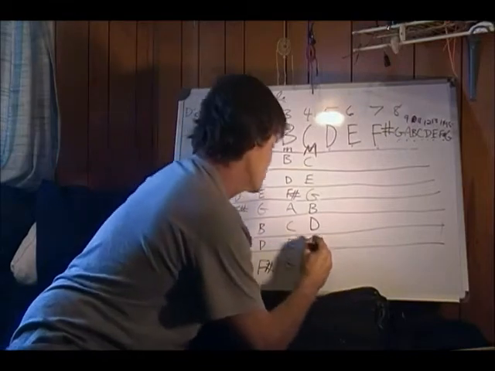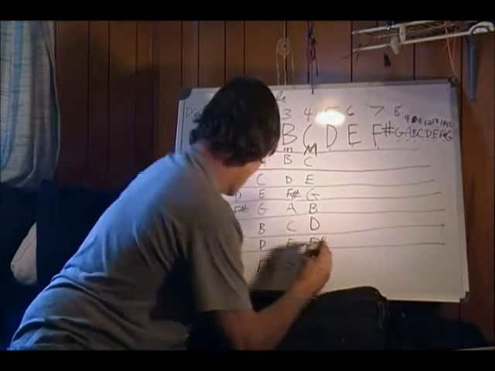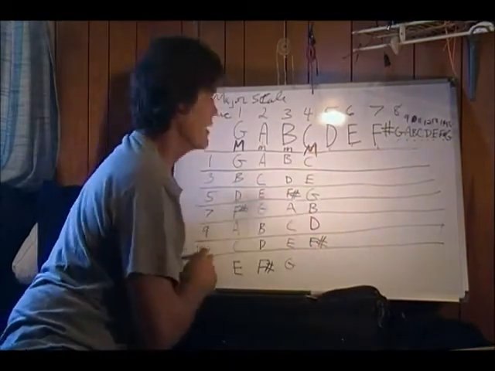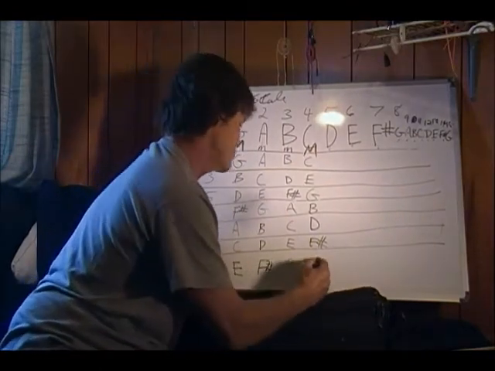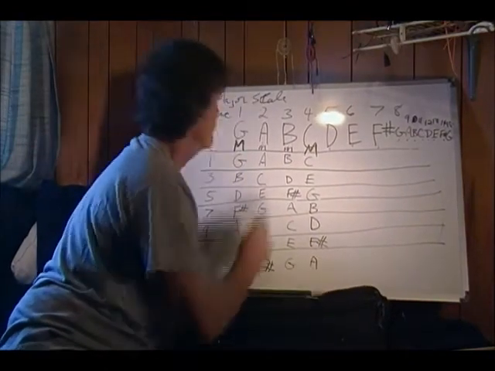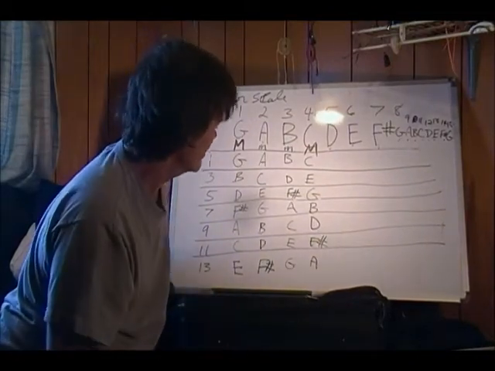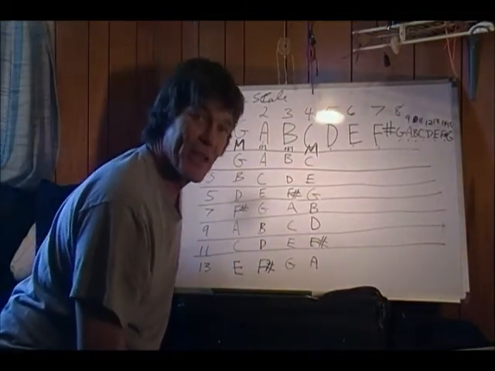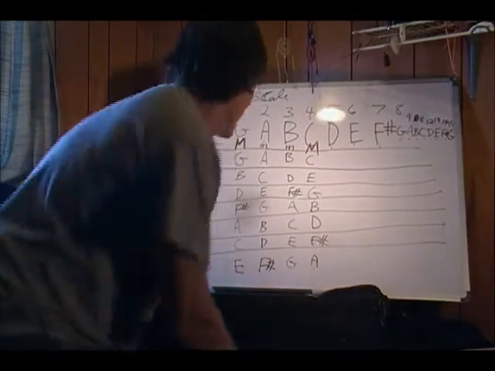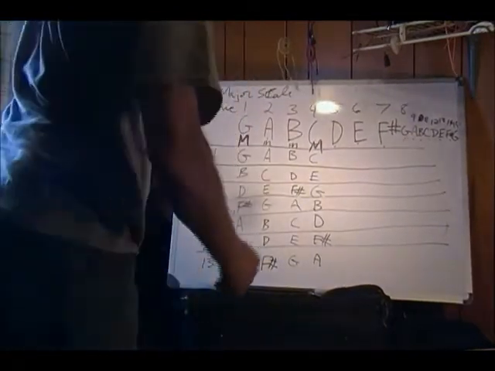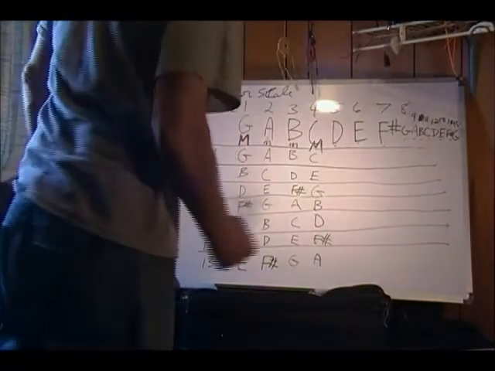And of course E, this would be F sharp for a C major 11. And then this would be an A for C major 13. Okay? Starting to get the idea? So, if we were to just fill these on out,